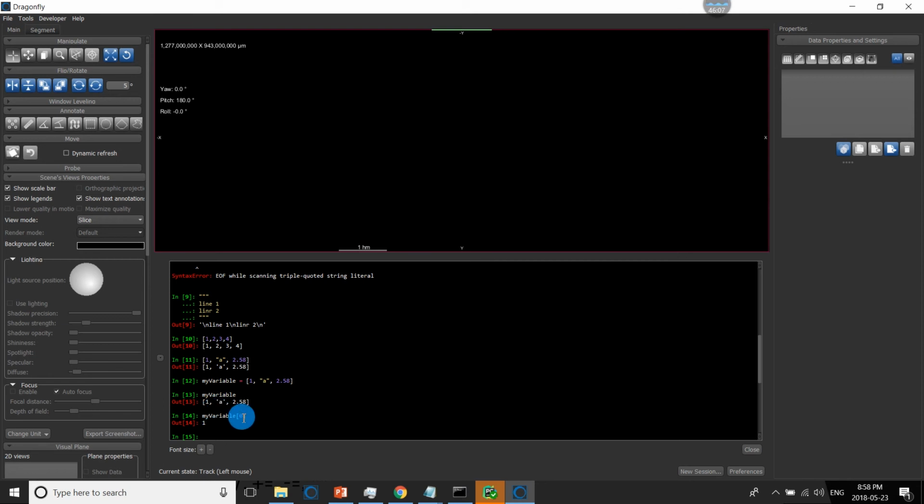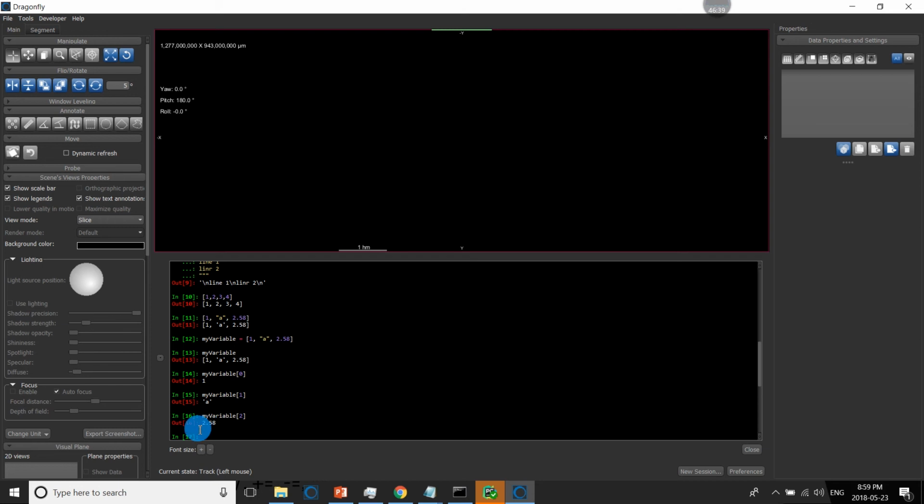So my variable, and then assignment is this equal sign, and when I press enter, there's no output. But now I can access my list with my variable. So this is a standard array in other languages.